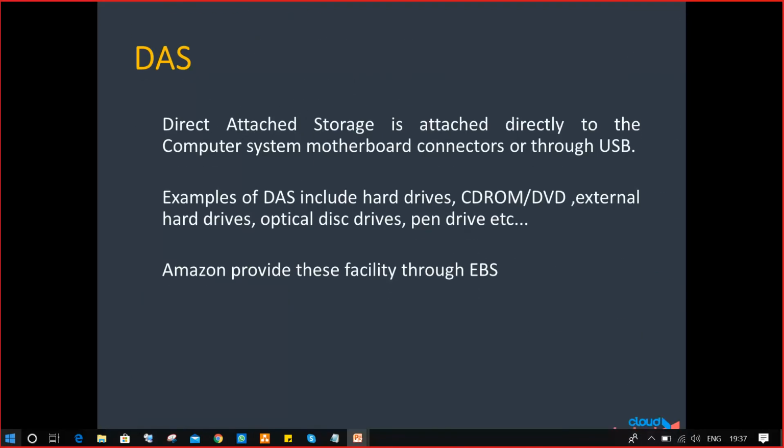Mostly in your physical system, you already connected a CD drive, DVD drive, external hard disk, USB drives, optical drives, pen drives, etc. That is mainly called DAS storage. That DAS storage will also come with Amazon Web Services, EBS only.